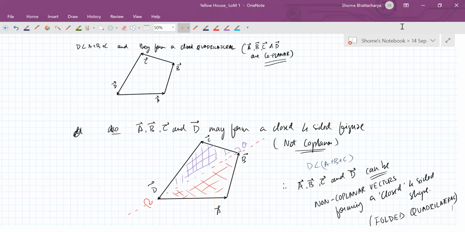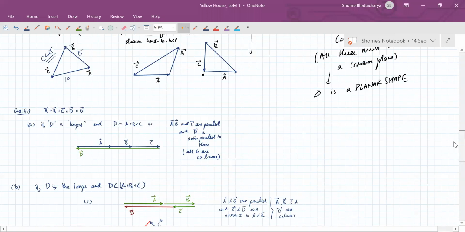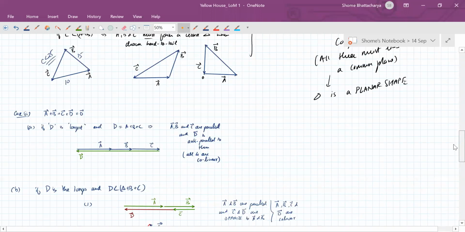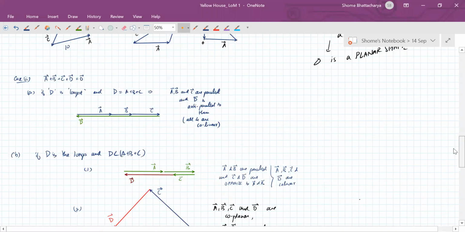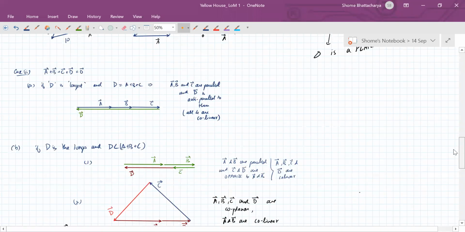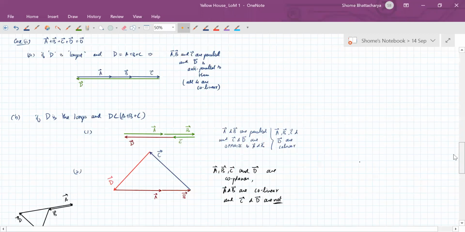but if you want to understand geometrically what are the different shapes which are possible for the resultant of four vectors to be 0, there are all these shapes which I have drawn. They could be collinear vectors. Okay, collinear में भी दो केस हो सकता है, like these two cases I have shown, that three of them are parallel and the fourth one is anti-parallel, or two of them are parallel, the other two are anti-parallel.